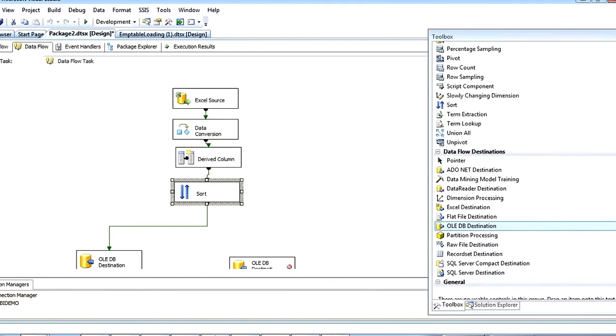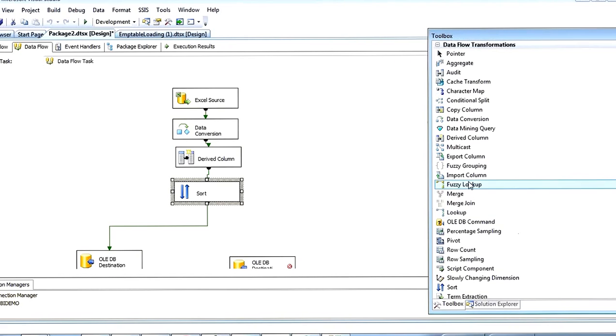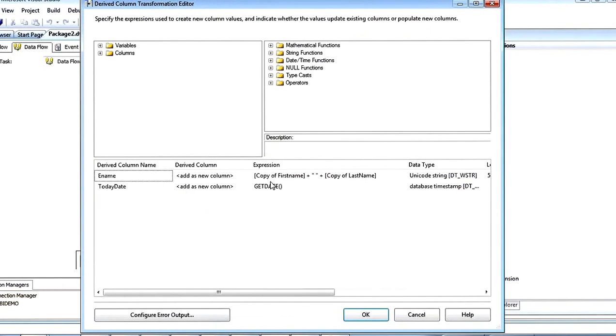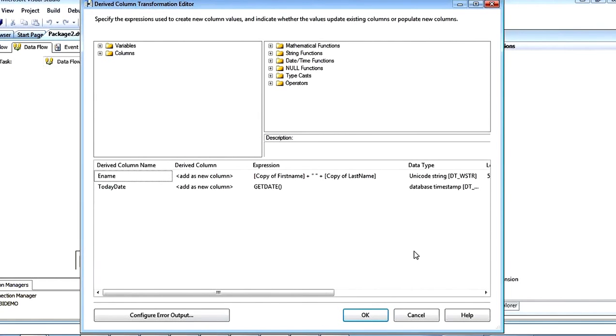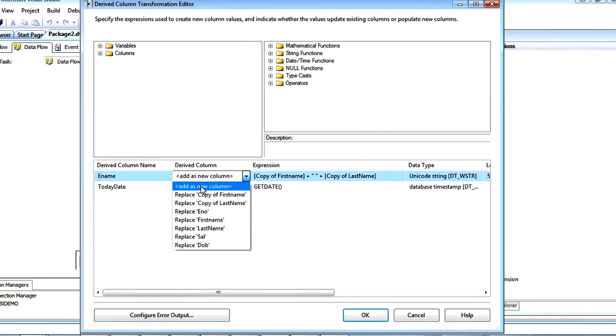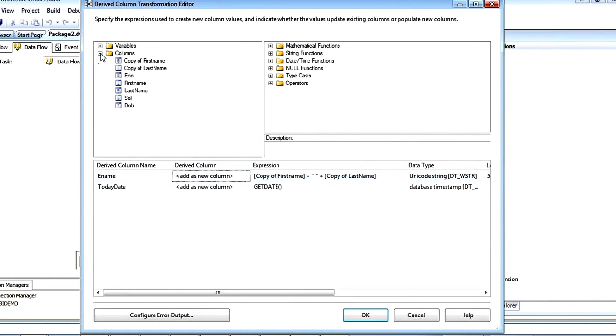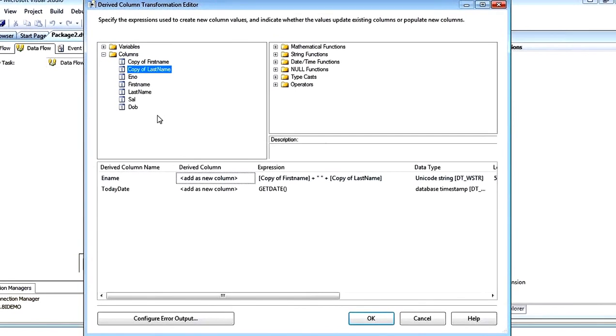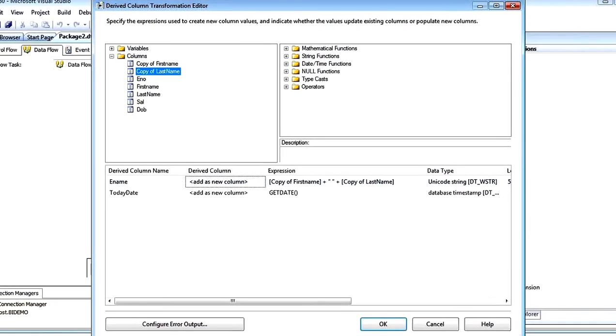The derived column. Once you open the derived column, basically in this derived column, if you want to create a new column by writing some expressions, see here, for example, there are 5 columns coming from your source: employee number, first name, last name, salary, date of birth from your source Excel sheet. After that you have converted data types, a copy of the first name and a copy of the last name. If you want to add one more column, for example, like in SQL Server,